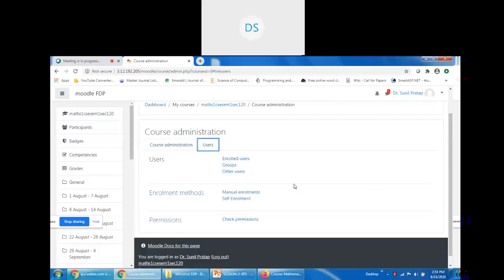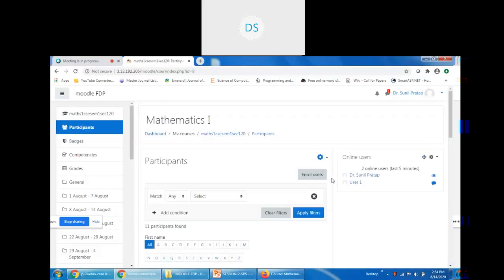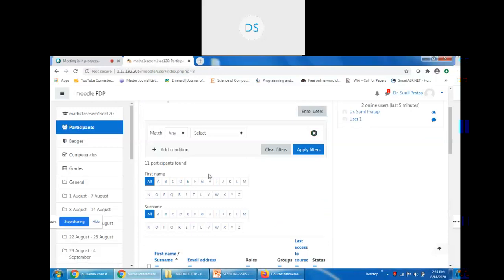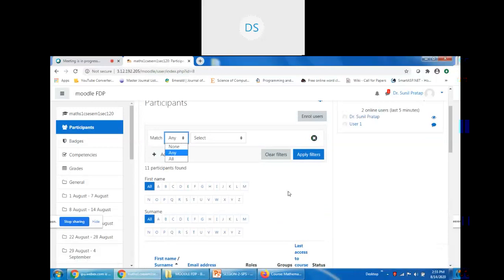In the Users tab, if you have created groups, you will see the group members and groups, and you will see the enrolled users in the course. You can also see the dashboard, my courses, and the course is Math 1, CSE, SEM 1, with 120 participants. These are the participants of the Mathematics 1 course. The list is here. You can search, and you can enroll more students in this course.